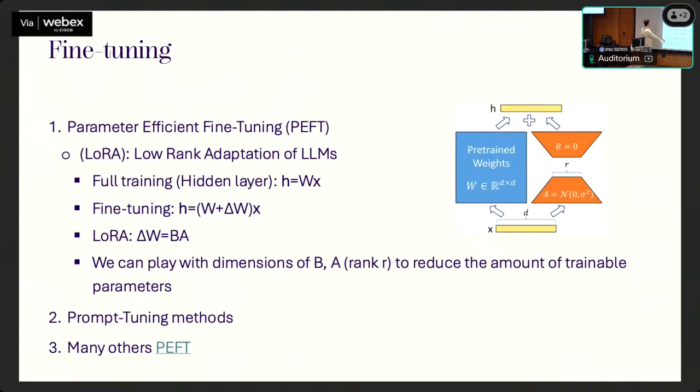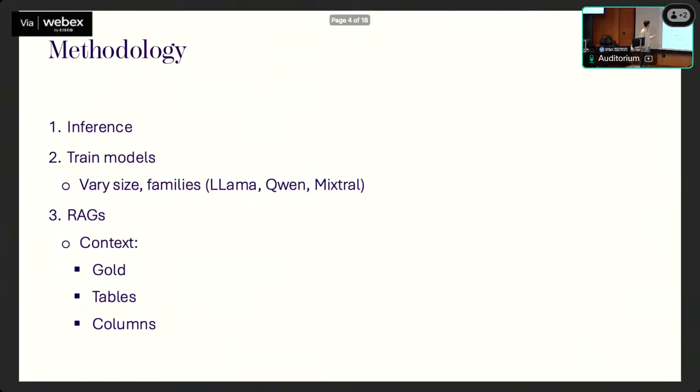One such transformation is simply decomposing the matrix. So here is a hidden layer that you're trying to predict. This is the weight matrix that you're trying to train, and X is a vector of inputs, let's say. The goal here is basically to train this W, the weight matrix. The way people now do it is they decompose the weight matrix into two other matrices, and by that they can control the rank of both of the matrices. Basically, by this they reduce the trainable space. So I'm using this method to train the model on the ADQL queries.